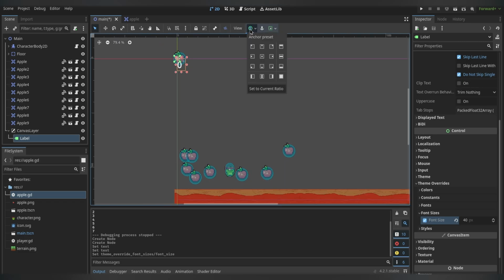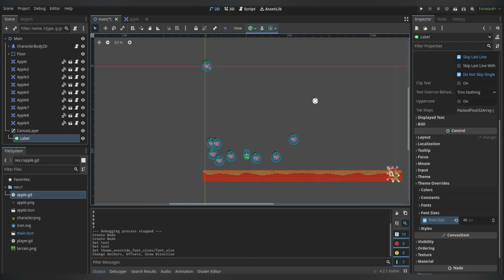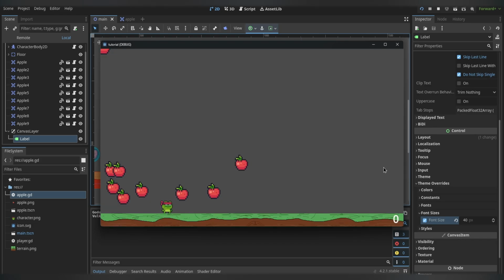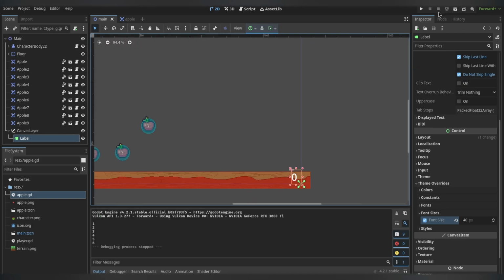Now we can anchor it to the bottom right of the screen. There it is. If I play the game now, we can see the number there, but it's not tied to the player yet. It's not tied to the apples. How do we do this? Very simple, my friends. Go to the player script again,